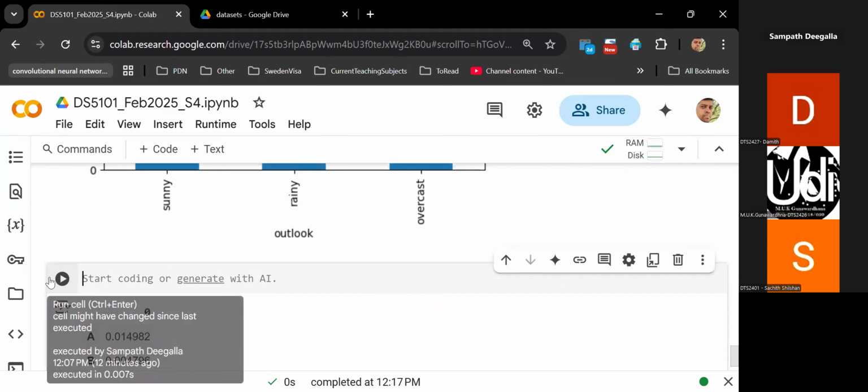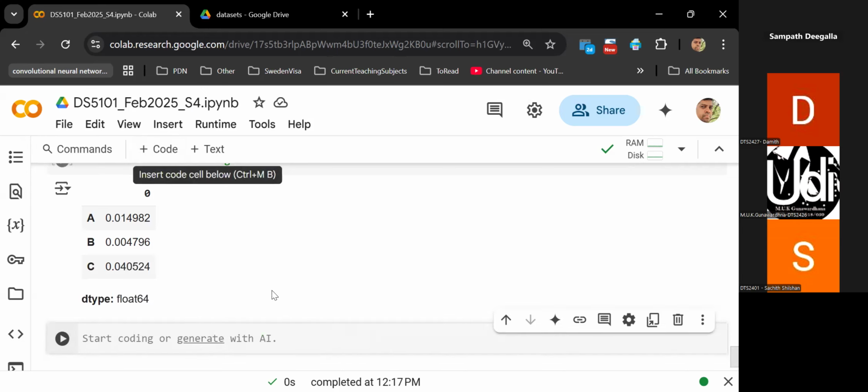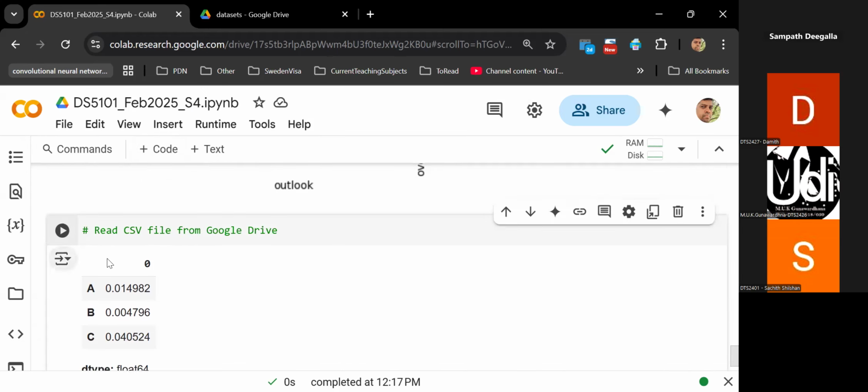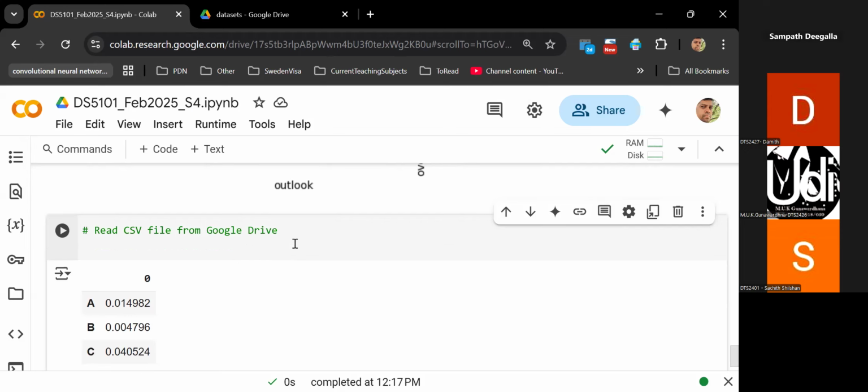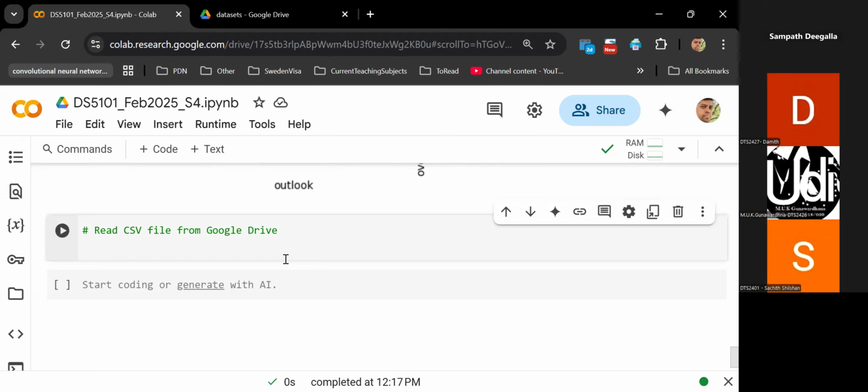So what I'm going to do, I'm going to explain how to read a CSV file from Google Drive. Now the idea is, if you're frequently accessing the data, uploading will consume some time. So you can do it through Google Drive. Okay. Right. So the code is like this. First of all, you need to mount